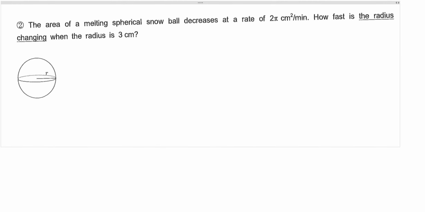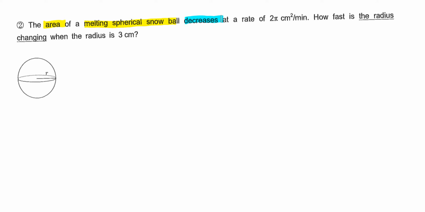All right, so for question number 2, the area of a melting spherical snowball decreases at a rate of 2 pi centimeters squared per minute. Okay, so let's take a look at the units here. I have centimeters squared, and that's dealing with area. So what that is telling you is that dA, the area, divided by time, dt, is equal to, now the term decreasing means you're getting smaller, so I need a negative sign here. And the rate I have is 2 pi